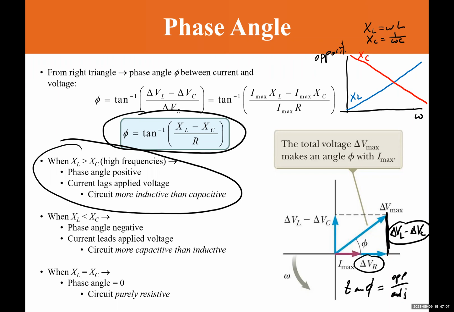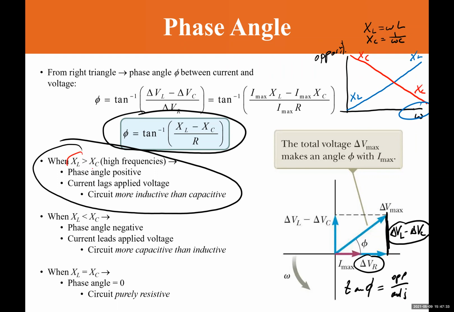So when the frequency is low, somewhere in this region, you have much higher capacitive reactance than inductive reactance. But at the higher frequencies, you get the opposite. Again, this is X sub L and this is X sub C, which means that